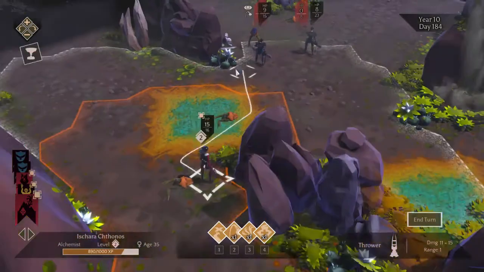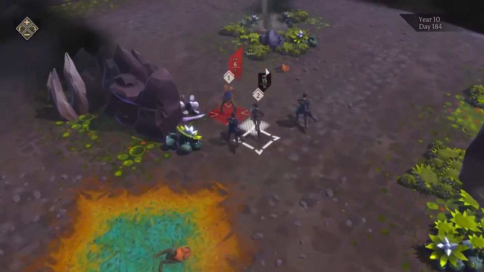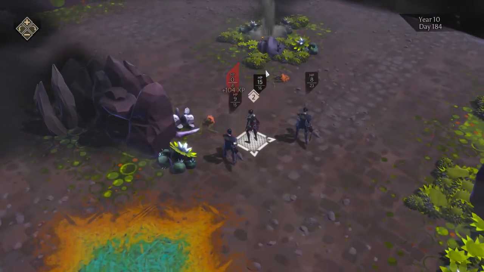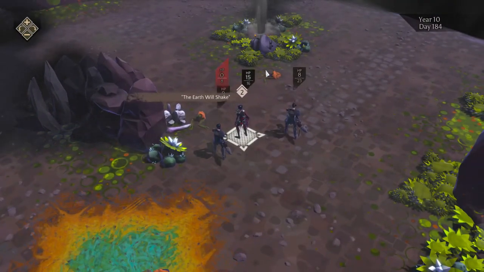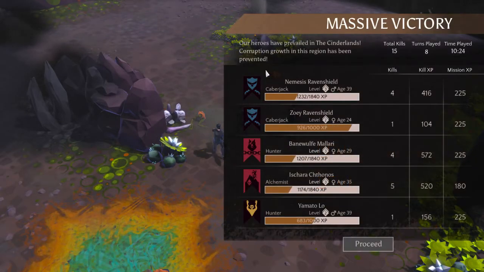Right there, just use the charge ability of the Caberjack. They charge in a straight line, and then they hit the first target they hit, and depending on